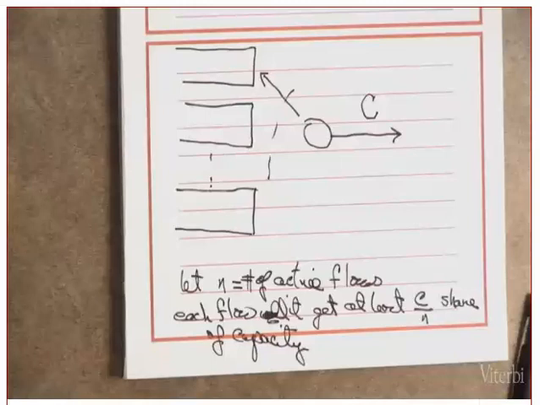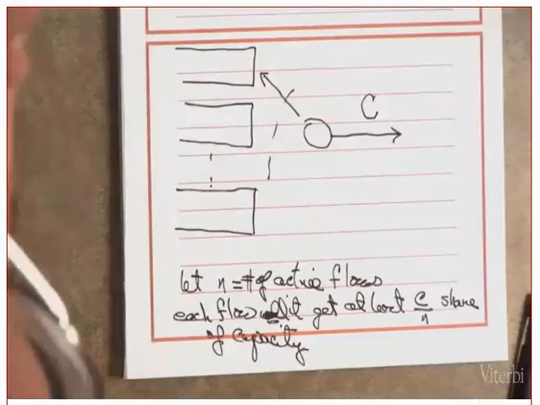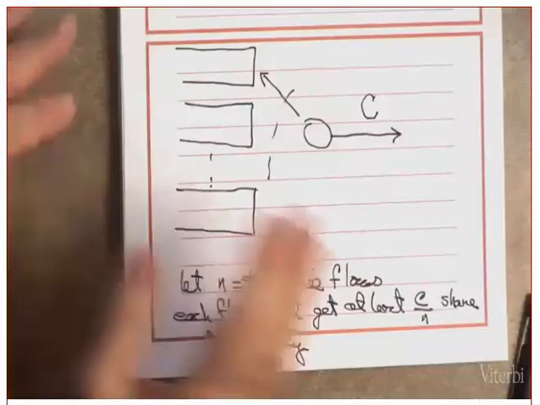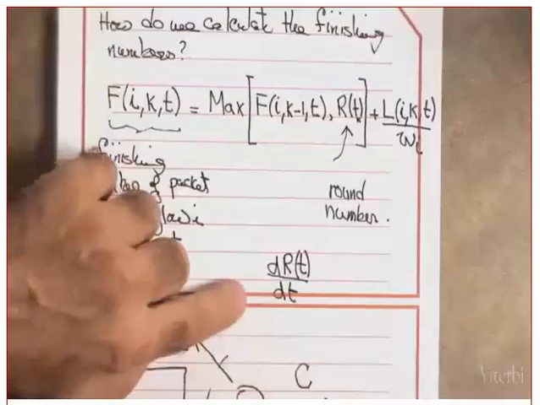Now, when he came, the queue was empty. Are you following that? Which means what? This is 0. This is F(k-1), in the same flow, but the previous packet. Yes? That previous packet already exited. Are you following me or not? Okay. So what is the finishing number of this k-th packet? It is the current round number, yes, plus the length of the packet divided by the weight.